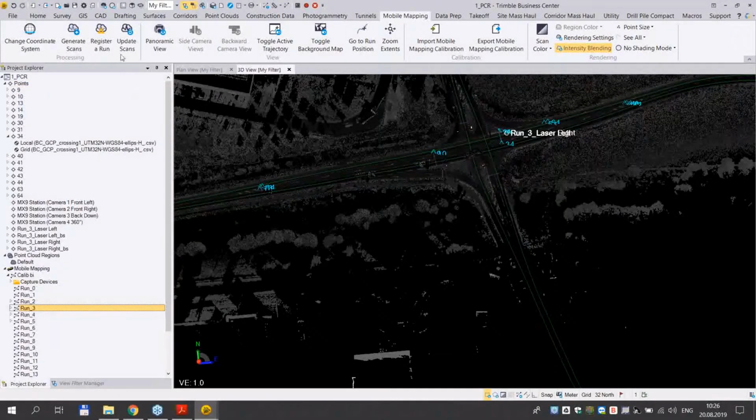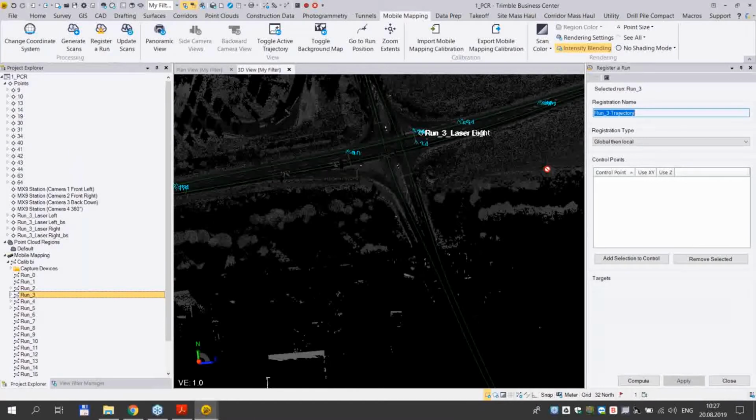And hit the button from the mobile mapping tab or right click register run. Here only 3 things to mention. You can, for better manipulation, use the given name. So for the new generated trajectory for this run, the name is customized, so we can use, for example, registration, just to keep in mind that this is the new file that will be used to generate the